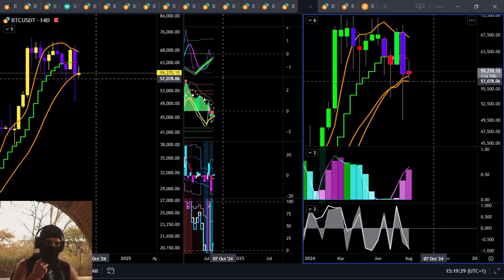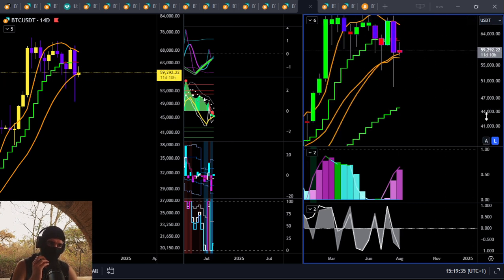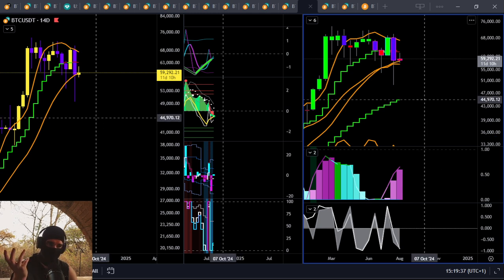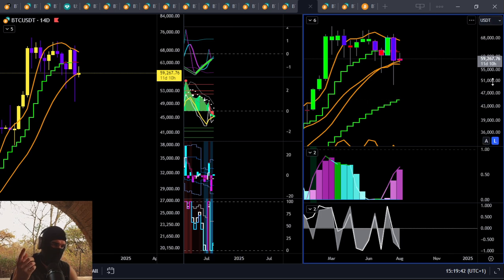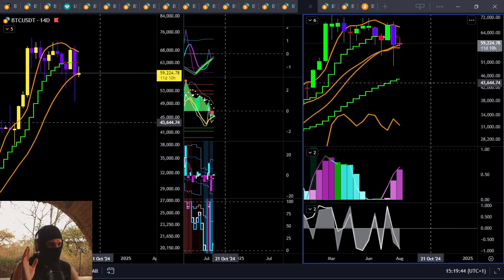Dump mode, I would say, gets the legs to the downside at about $57,000. And if it does do that, I do look for a mean reversion to 45. Quick sticks, liquidate the boys, make them cry, and move on with your day.